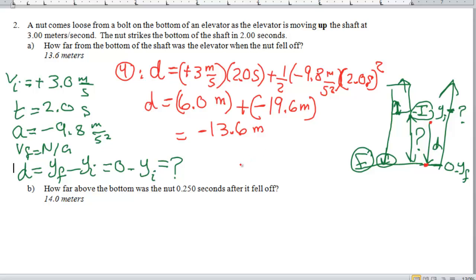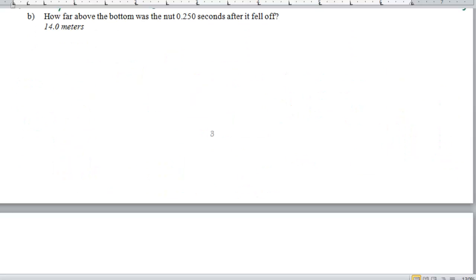Okay, so to find y initial, which is the height, would be 13.6 meter. So the elevator was 13.6 meter above the bottom of the shaft. Okay, in part B of the problem, it asks you how far above the bottom was the knot 0.250 second after it fell off. Okay, so if we go ahead and write down what we are given, notice that nothing